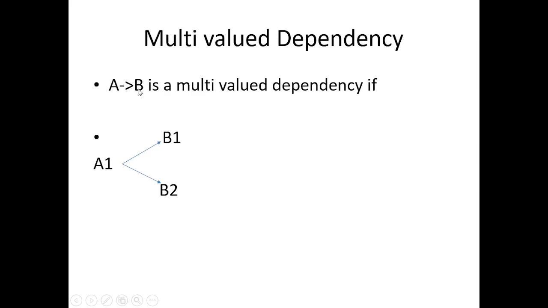A to B is a multi-value dependency, and you can denote it with two arrowheads, and you can say that A multi-determines B,